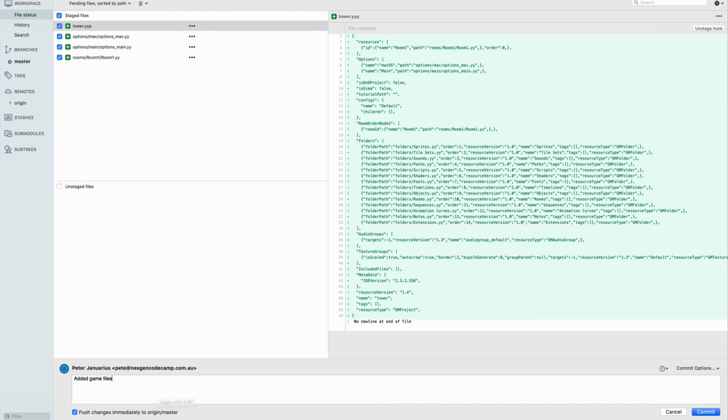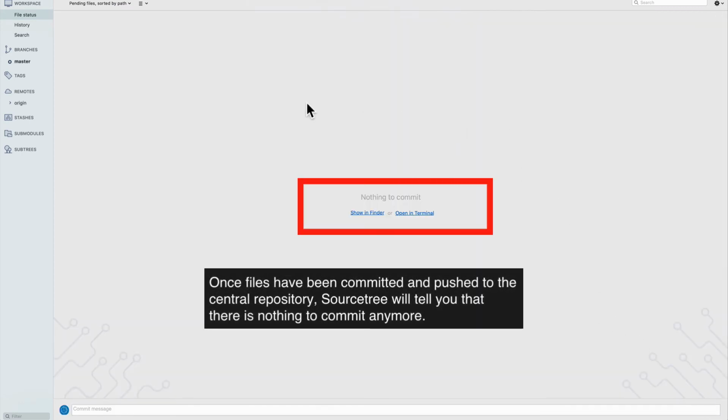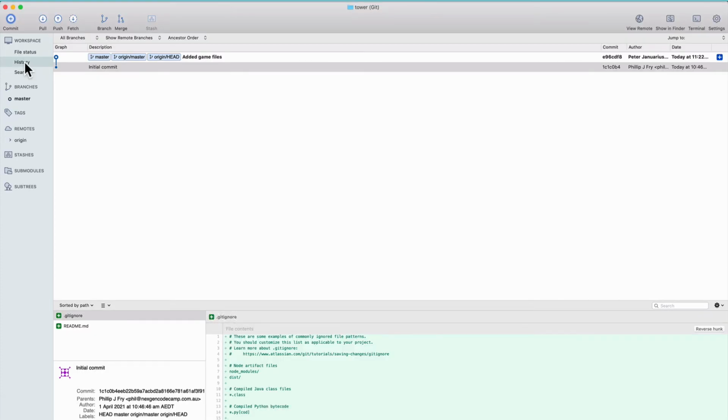So let's commit. That will commit all our files into local, and it will tell us then that there's nothing to commit here, and it will also do the push automatically. If we go to history, we've now got another commit, added game files, and Origin Master is at the same level of our Origin head, which is the local